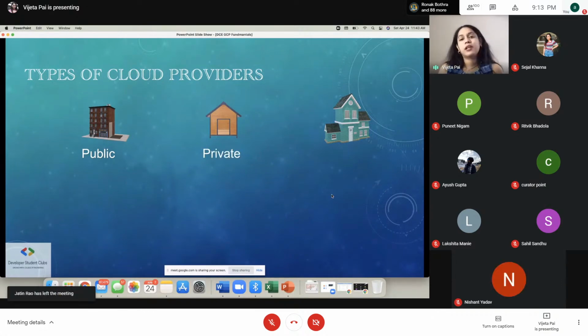Next, we have the private cloud providers. There are some banks or certain institutes that are very concerned about their safety. In that case, they use a private cloud provider. What is a private cloud provider? Let's say you lived in a hostel or a PG for a year. Suddenly you realize, okay, this is getting really difficult for me because I'm not having my own privacy. If my parents visit, they cannot stay with me, and I have a lot of money. What do you do? You rent out a 1-bedroom house.